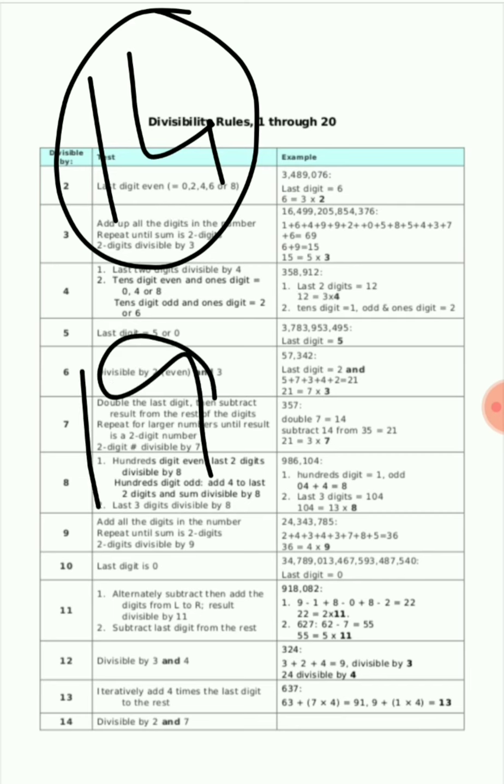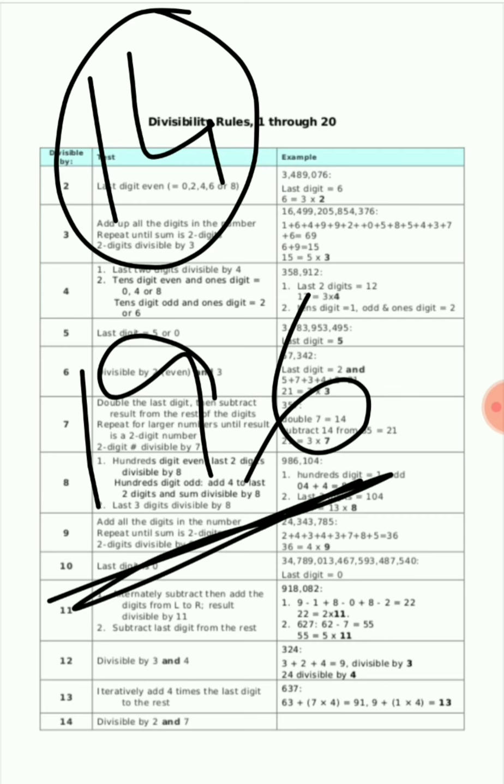Let's take an example. Let the number be 196. Is this number divisible by 14? To do this, first we check the divisibility rule by 2. We just check the last digit. The last digit is 6, which is even, so the number is divisible by 2. Next we check the divisibility rule for 7. What was the rule? We subtract double the last digit from the remaining number. 19 minus 12 is 7. This is divisible by 7, so the whole number is divisible by 7. Thus this number is divisible by both 2 and 7, hence this number is divisible by 14.